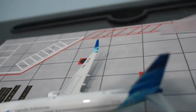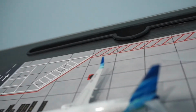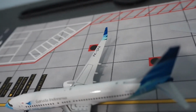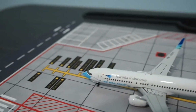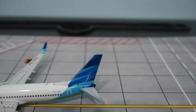If I can just maybe use the other winglet because it's easier for my camera. You can see you have the same thing related to here. It's the same on both sides. Then on the other wing you have the spoiler alert and everything, and then PKGFK over there. Then if you look at the top, you have 1, 2. Yep, 2 antennae, and you've got your lights accurately printed on. And then if you look over here,